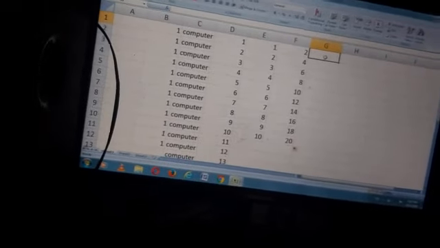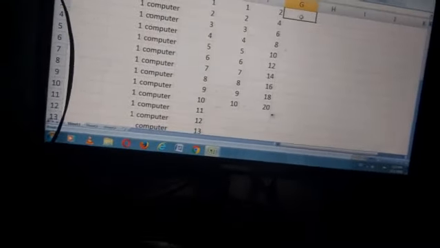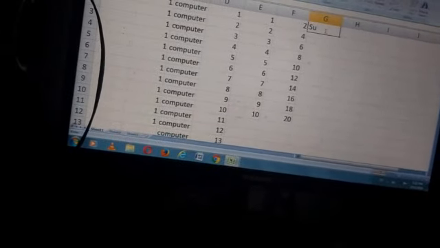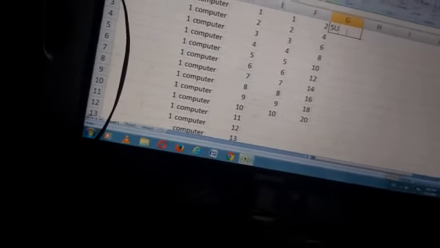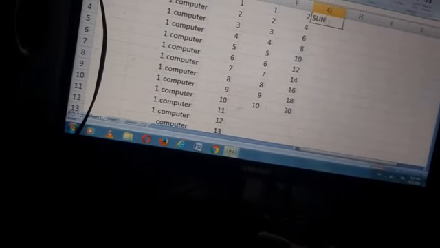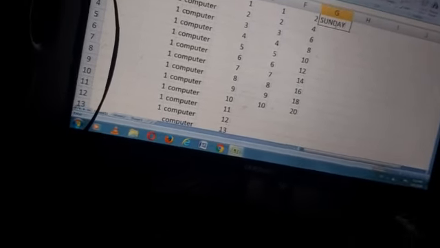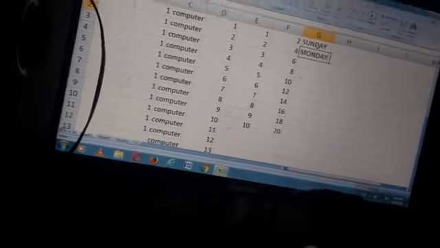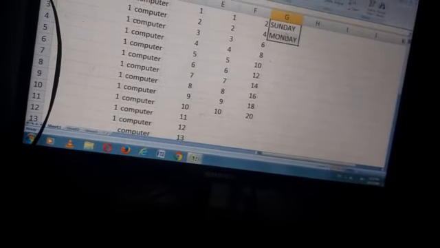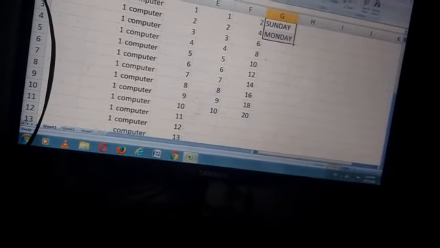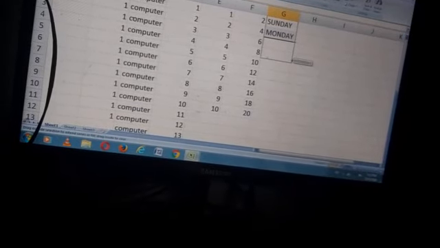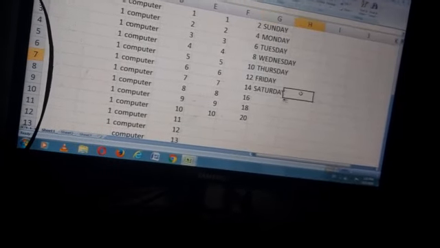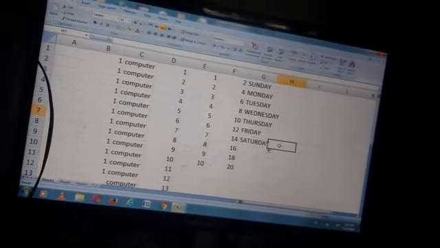Again, you want Sunday, Monday, Tuesday, so you have to type only 2 days, here Sunday, and next Monday. Now select these 2 cells and drag the mouse. Automatically it will come.